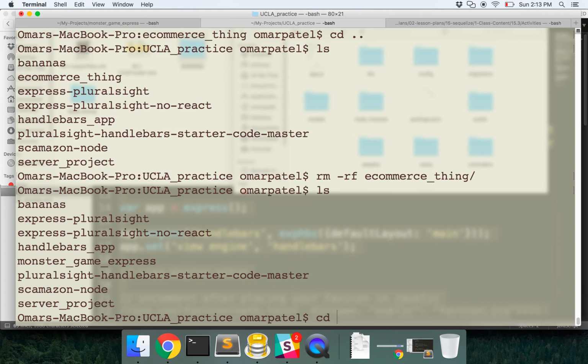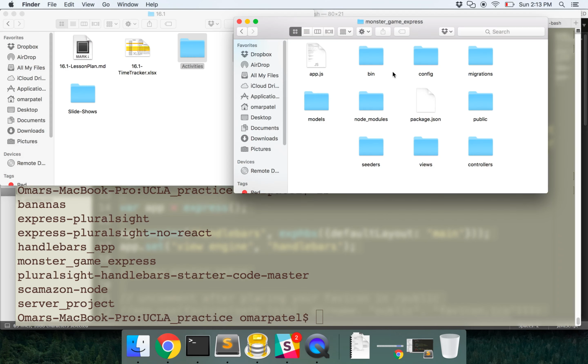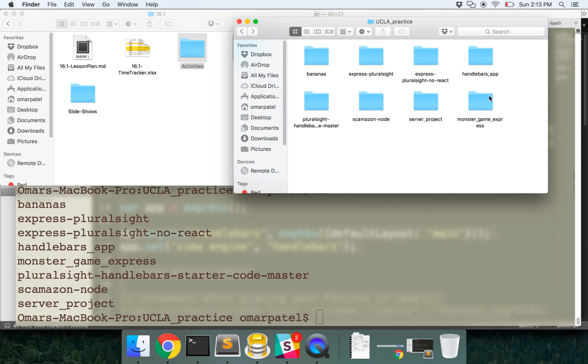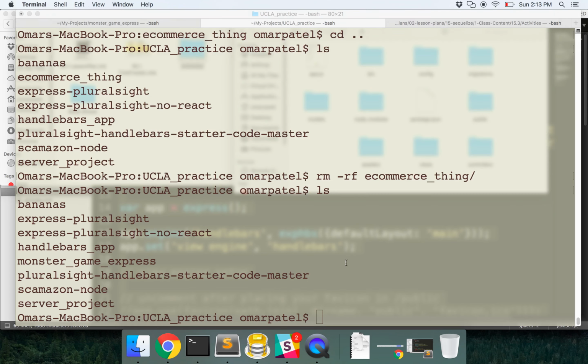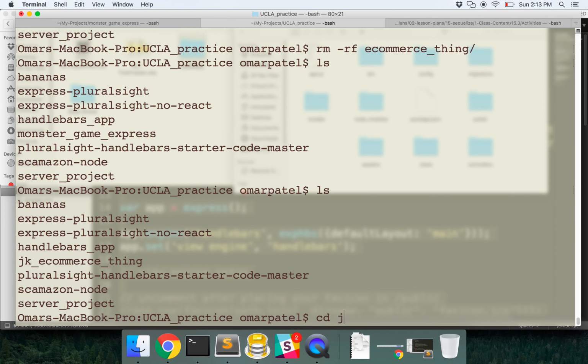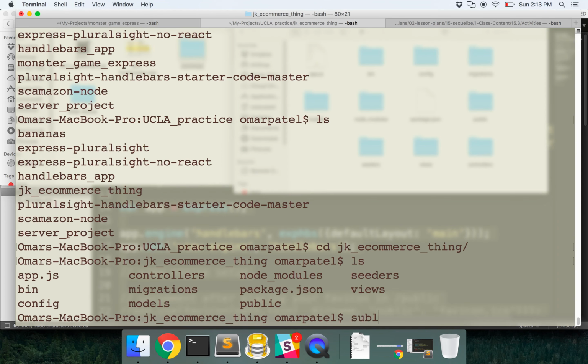Alright, so now we have Monster Game Express. We're going to name it JK Express, or e-commerce game, or e-commerce thing. Okay. So now if I go into JK, open this up,